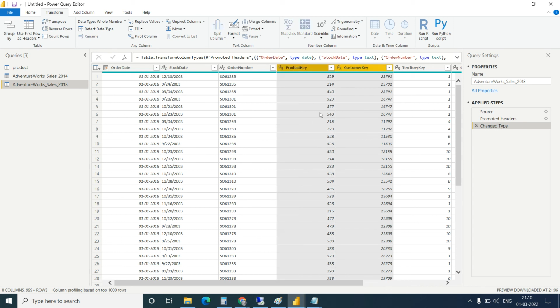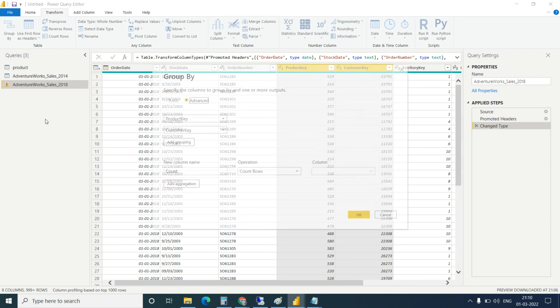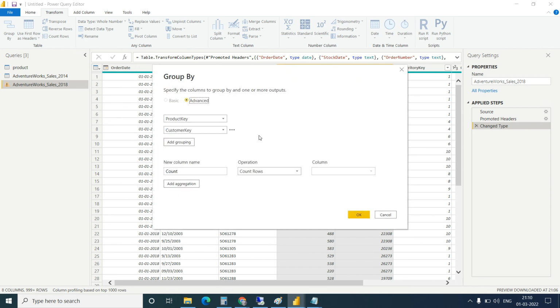How to do this on both levels? We wanted to do the grouping on two columns this time. How to do this? Click on group by. When you click on group by, you can see product key and customer key now. Based on that I want to take total order quantity. First select both the columns, then click on group by, then you will get this total order quantity. If you want to add one more, you can add one more.